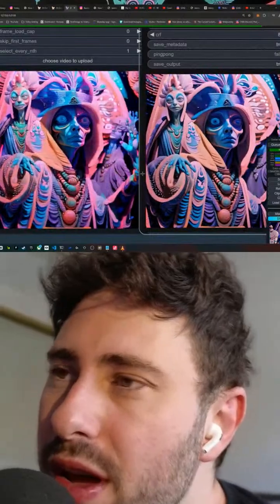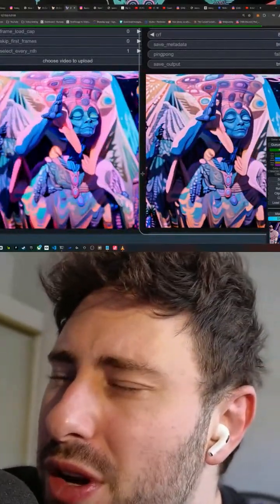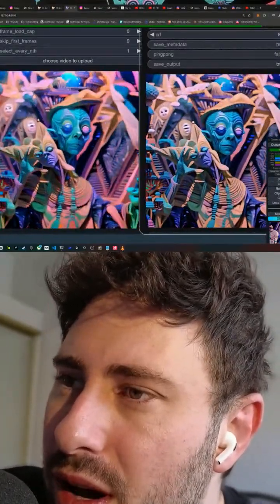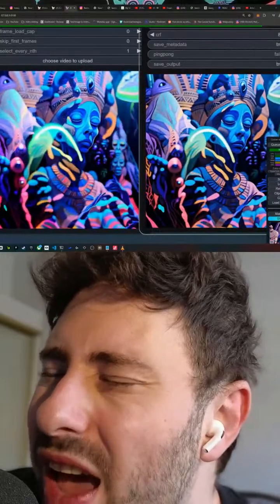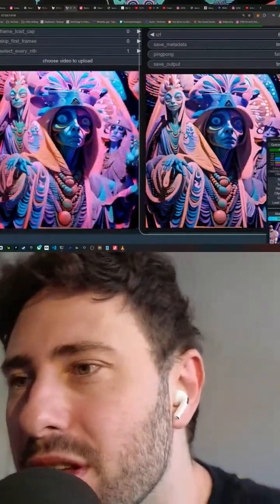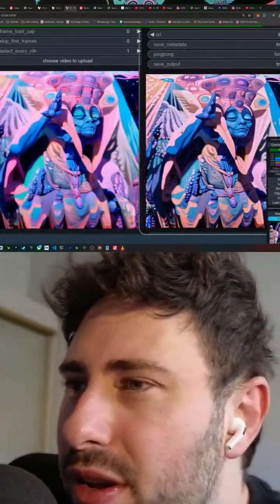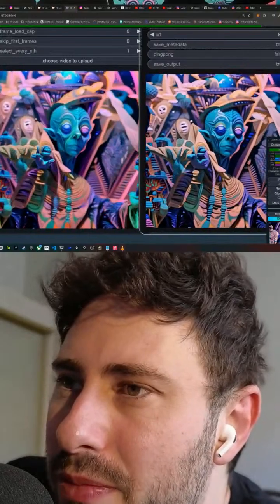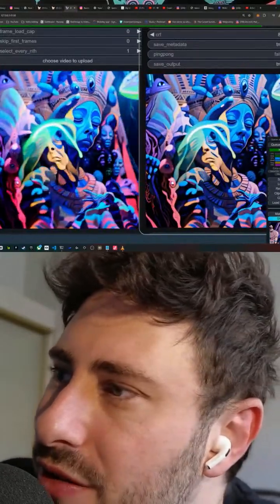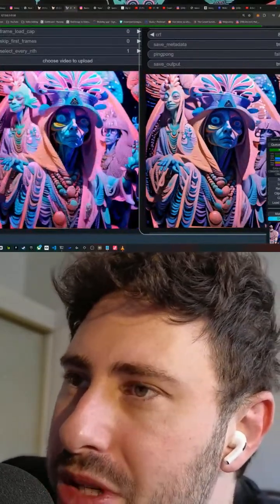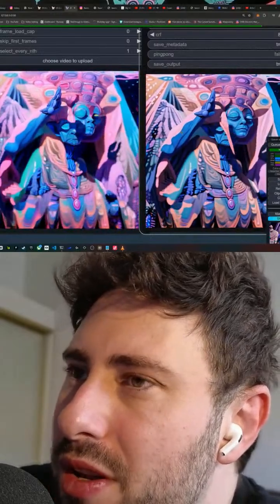It's really cool though. And what's cool about this workflow is you can take your upscaled video and pass it through again to extract even more detail out of it. You got to be a little careful with that though, because the upscaler can start getting confused and over upscaling areas that don't need to be upscaled.